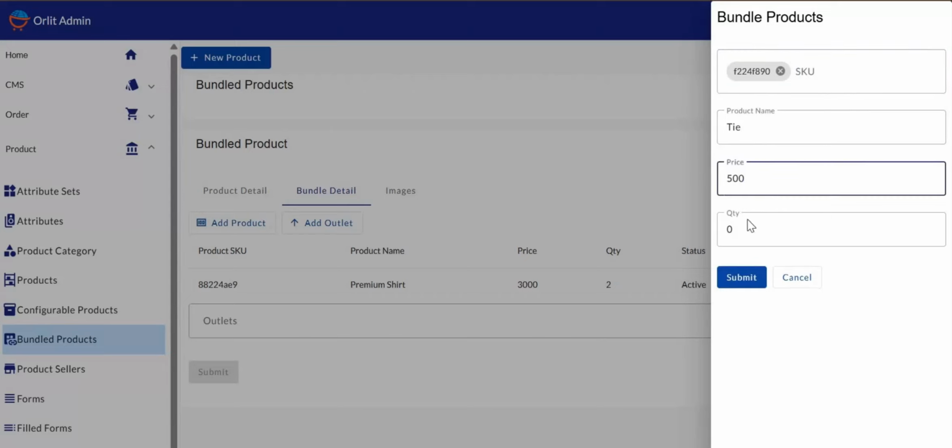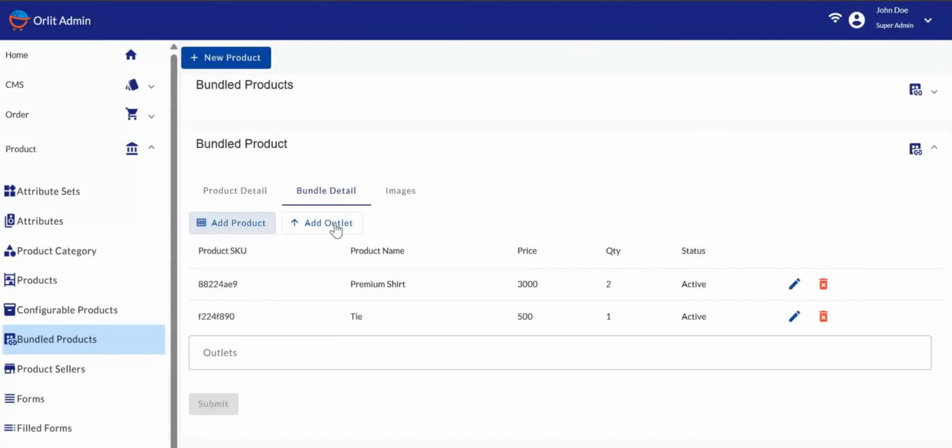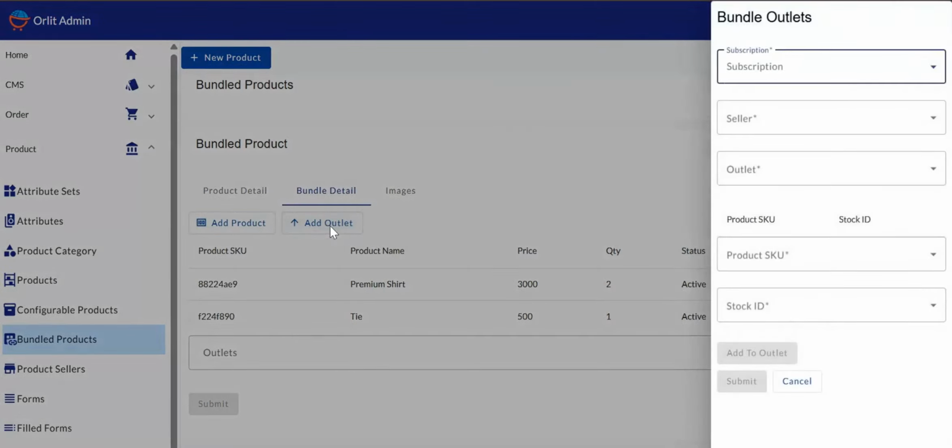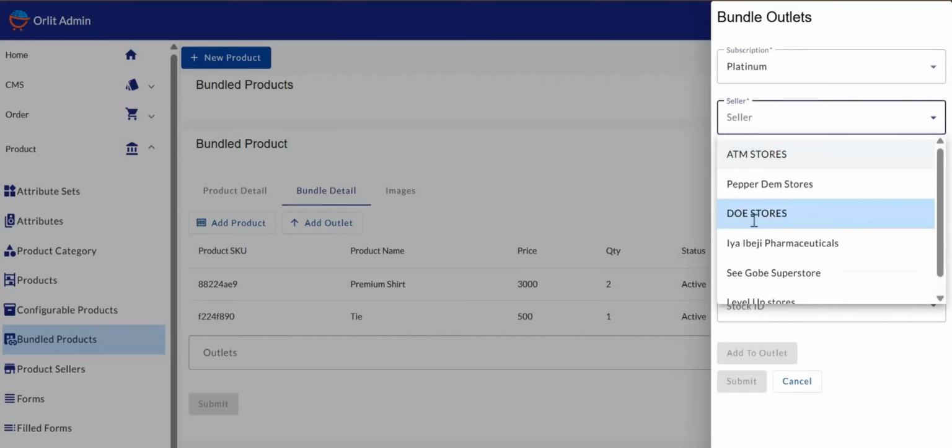The price of this, then the outlet that it's participating in the bundle. This is for if you have multiple outlets. If you just have one outlet, then it's just one outlet that you would be able to select from. But if you have multiple outlets, then you can now determine which of your outlets is going to participate in these bundled products. So you pick your subscription, you pick your seller,